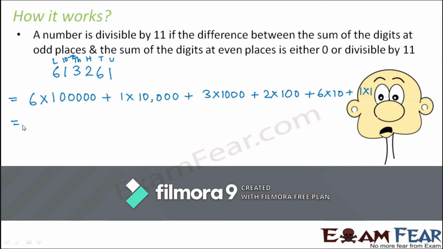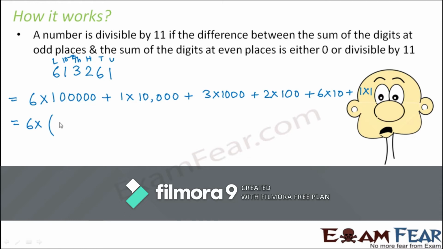So now, in order to find its divisibility by 11, what is that trick which we can play with these numbers, 1,000, 10,000, lakhs and so on? So what we do is a very interesting thing here. We will try to find numbers which are divisible by 11 and make use of those numbers. Now you remember in divisibility by 3, what we did? We wrote 100 as 99 plus 1 because 99 was divisible by 3. Right? So here also we will do something of that sort. We will make use of numbers which are divisible by 11.